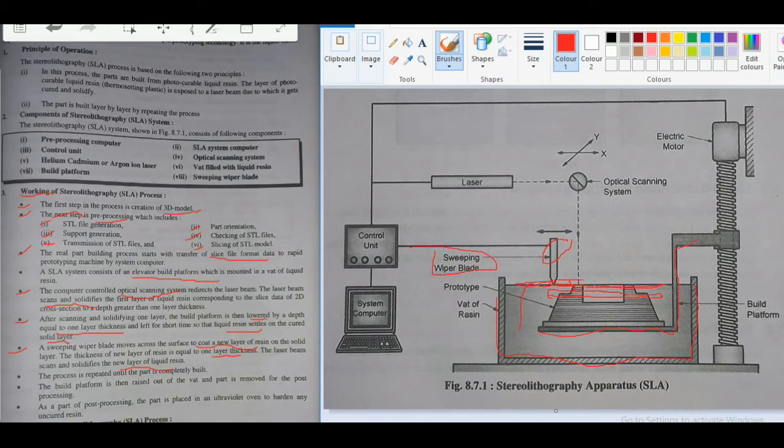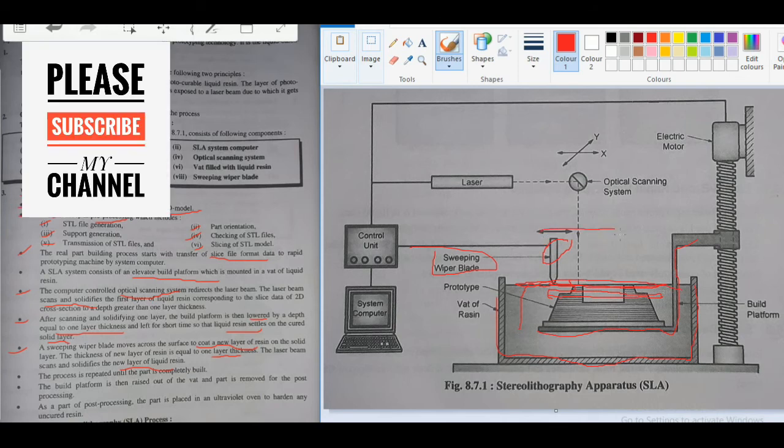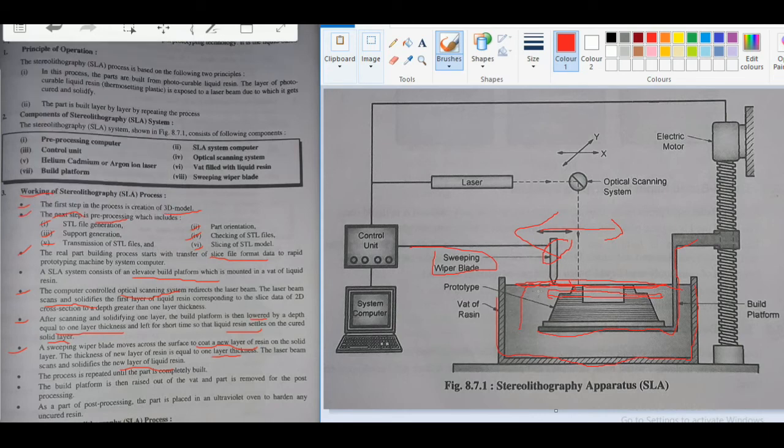It moves in horizontal direction like this, and it coats the new liquid resin layer on the previously solidified layer of the prototype.